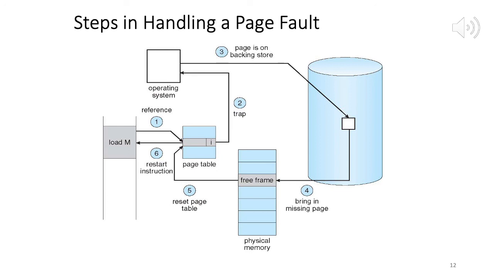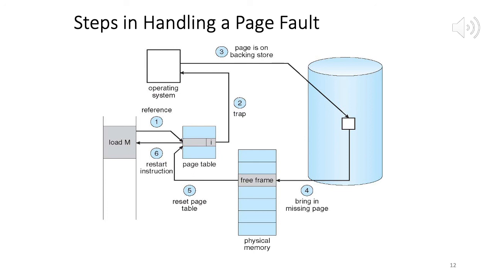In the virtual address space, for each process we have a number of virtual pages, and within each page we can have instructions and data. This is one such example, load M. So for the corresponding page, we check the page table and we see the valid invalid bit set as I. If it's 1 bit, we see the value is 0, which means this particular page has not been loaded into main memory. So with the value of I, we come to this conclusion.